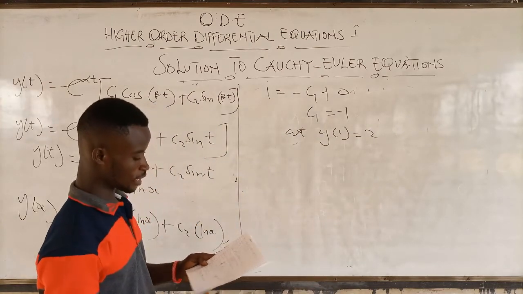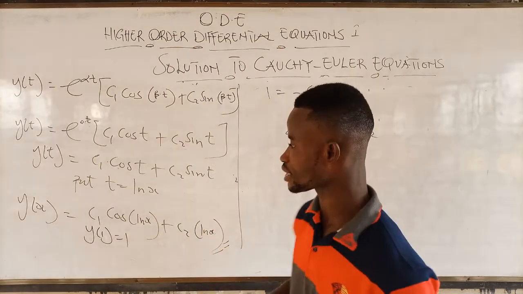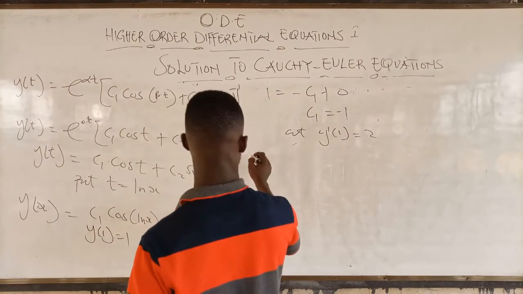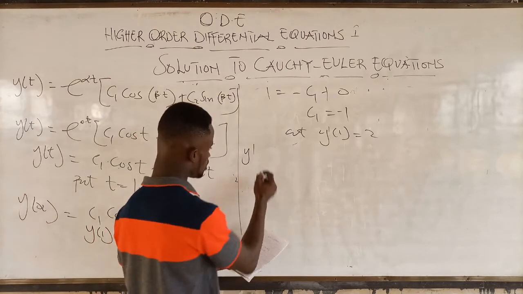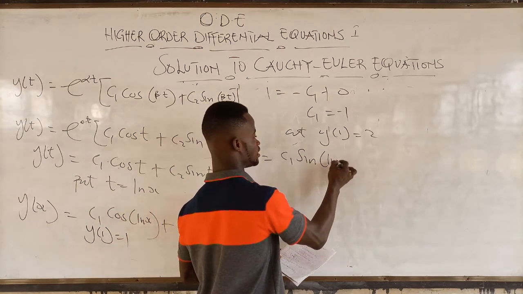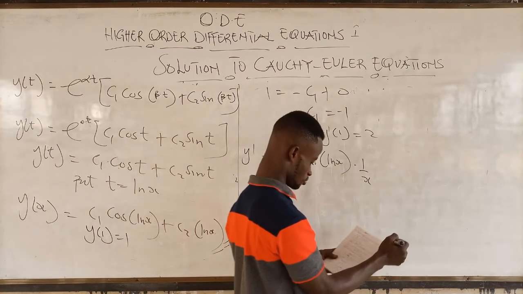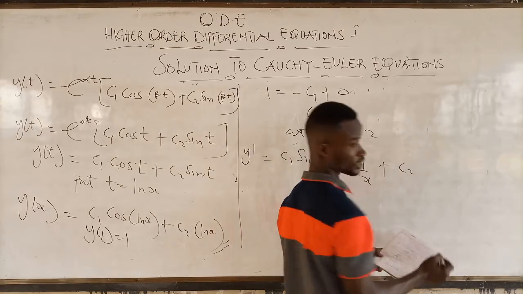We move on to do the substitution, but before that, this is y prime, so we need to take the derivative of this. So y prime is equal to c1 sin x over 1 over x plus c2 to be just the